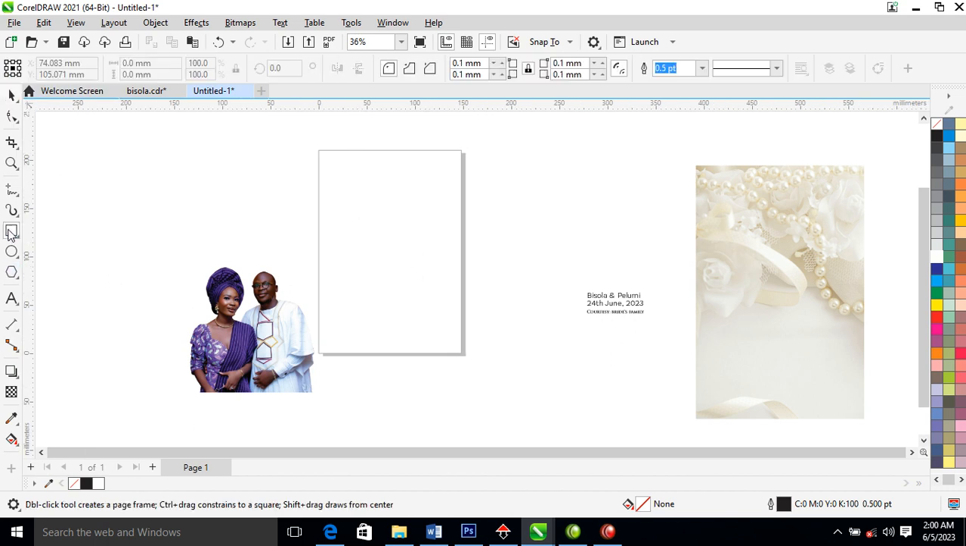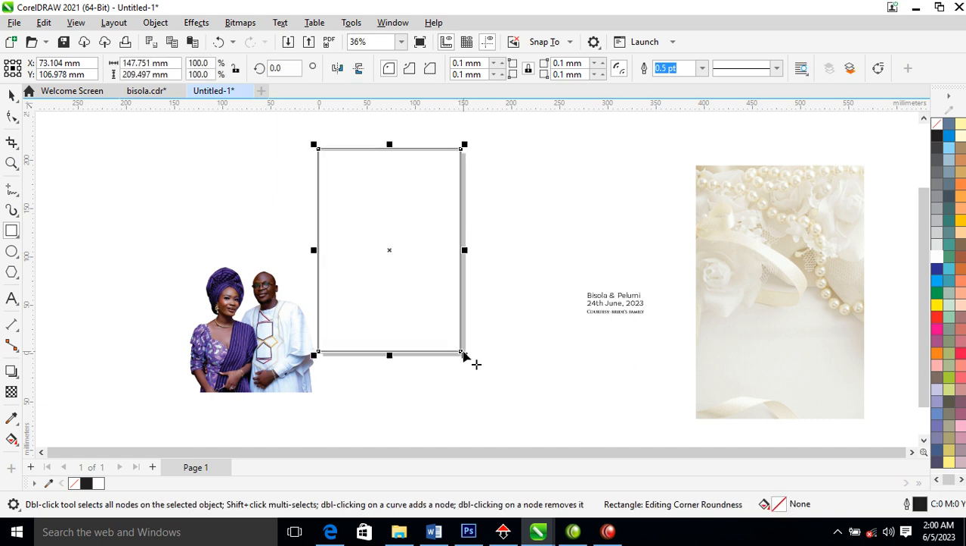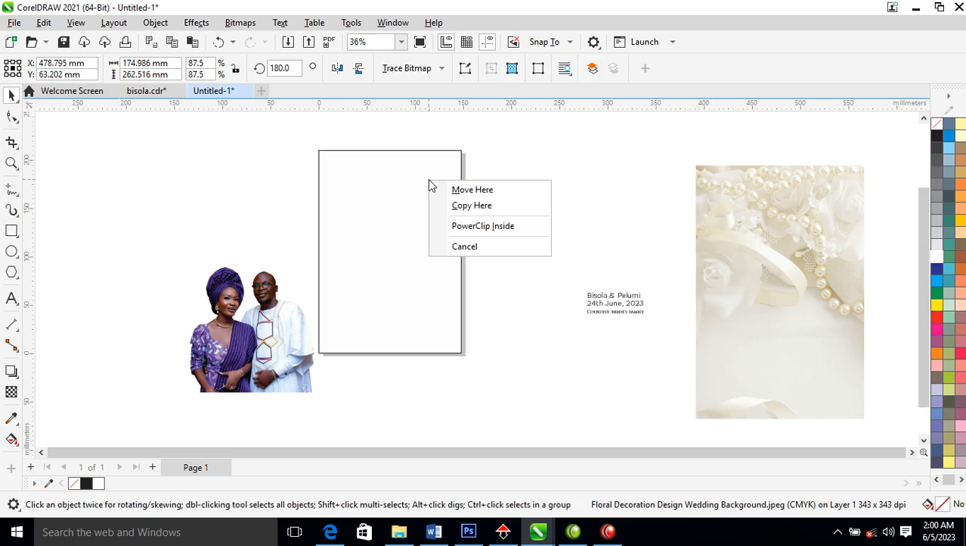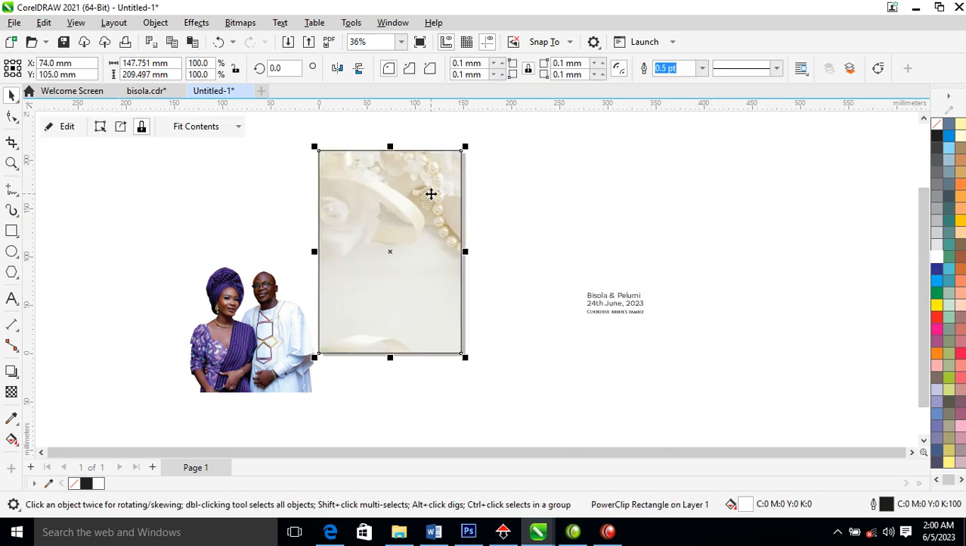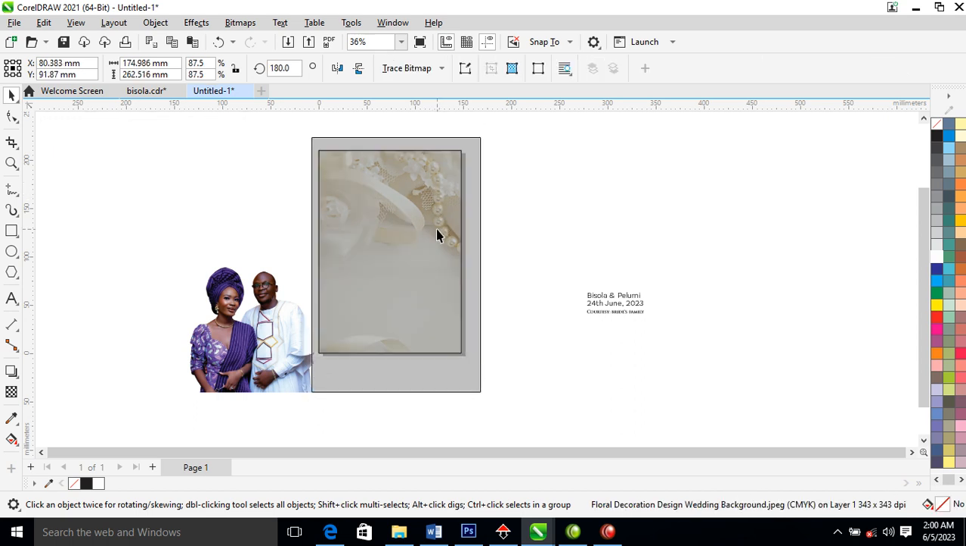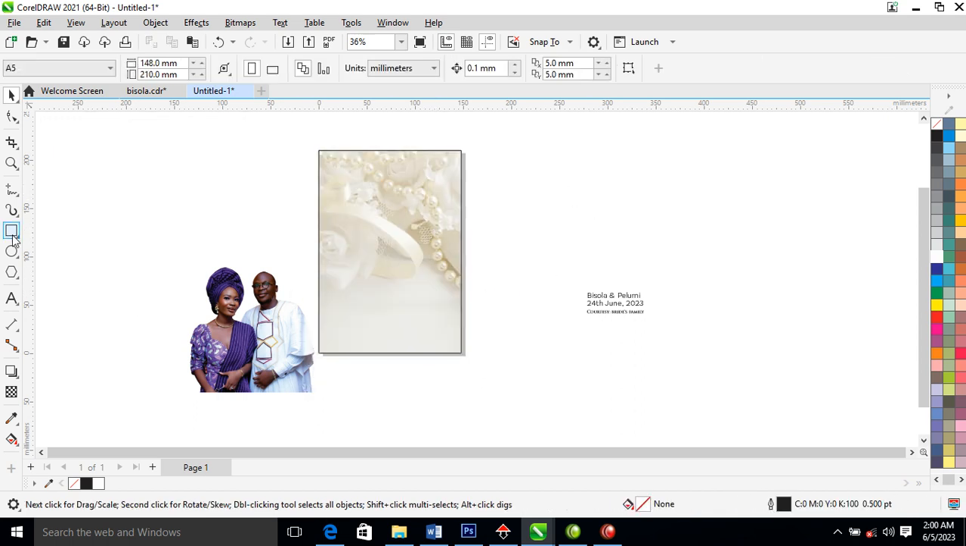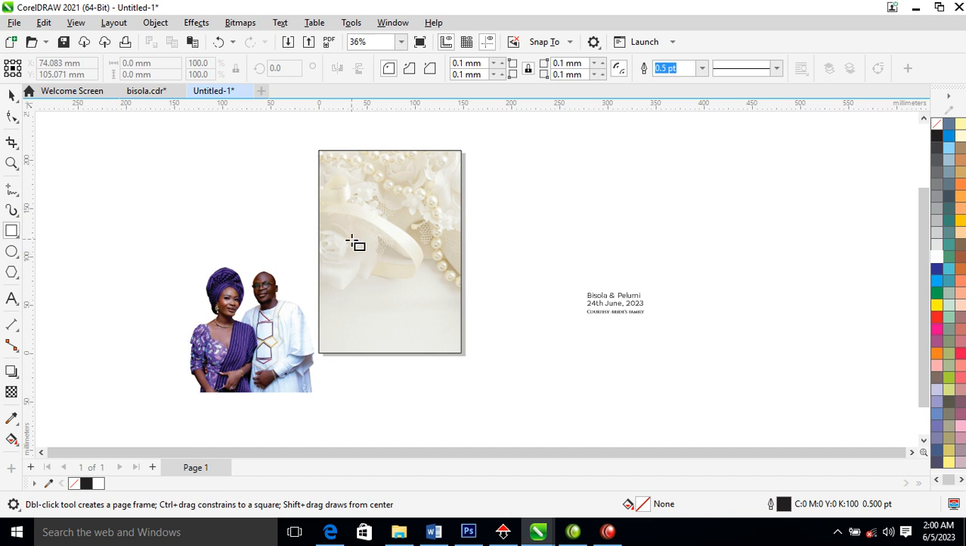Then go ahead to your shape tool, your rectangle, to create an object on top of that. Then you center it within the page, change it to white. So let's Powerclip this into place. Good, that's good. Right now, go ahead to your rectangle to create a bigger